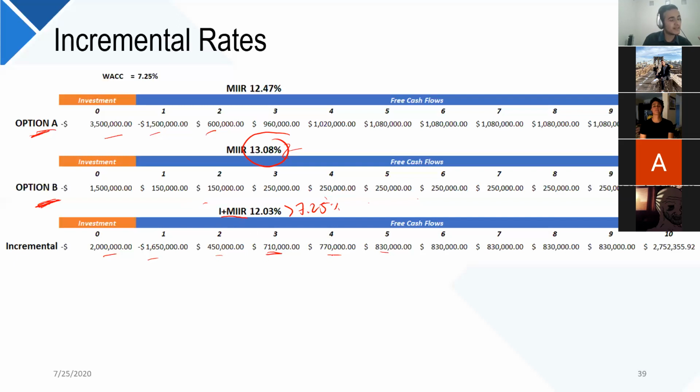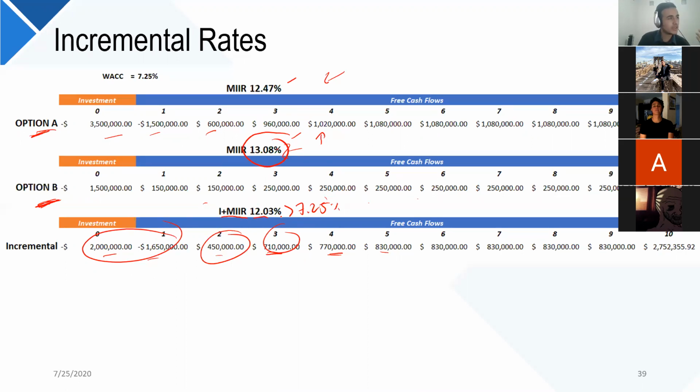Because of the incremental rates inside project A, even though the modified internal rate of return as a comparison between the projects is lower, this one is lower than this one, okay? What this 12 here is telling you is that the difference of cash flows that you are not investing here, to generate these incremental cash flows, is a missed opportunity of